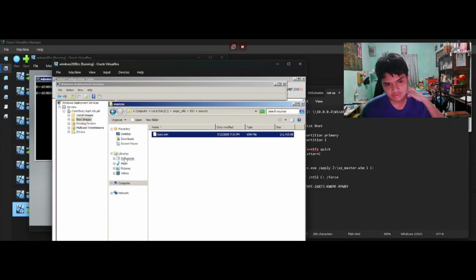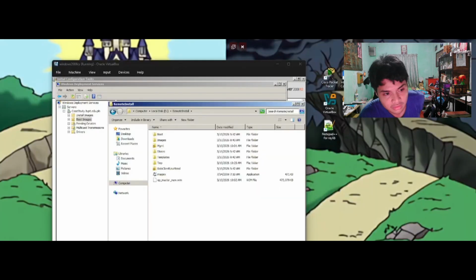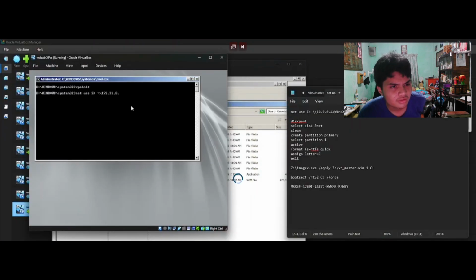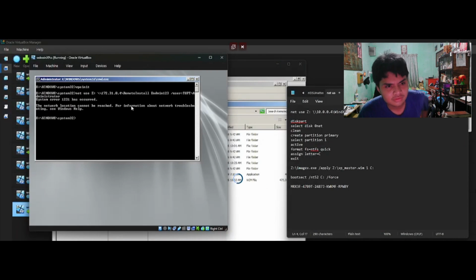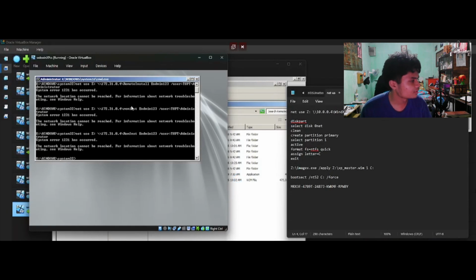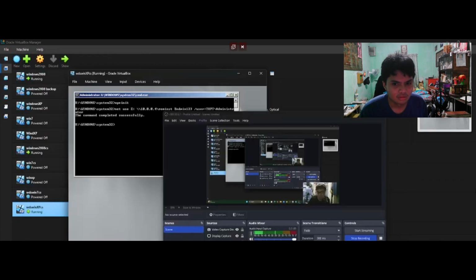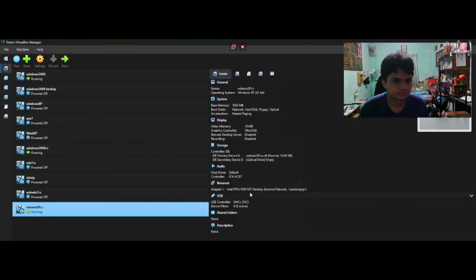Now it's going to take an ISO image of your Windows XP. So there, just take the code, install, then net use for it to take an ISO image of the Windows XP without complaint. So we just do that.